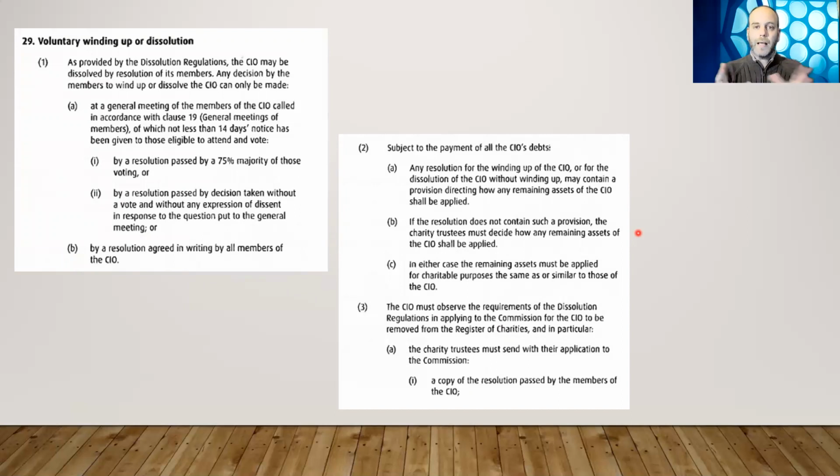Okay, again, we started with a kind of worst case scenario, the liability of members if things wind up. And as we get to the end of the Constitution, this rears its head again. So what happens is the charity's had a life. We've had trustees, we've had meetings, good stuff's happened, we've kept records, we've done reports, things have gone well. But the charity, Friends of Victoria Park, has now come to the end of its natural life because, for example,